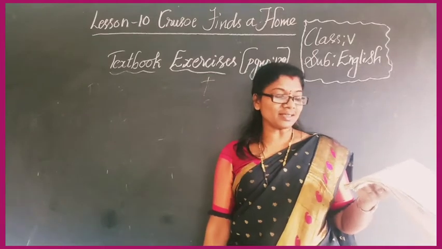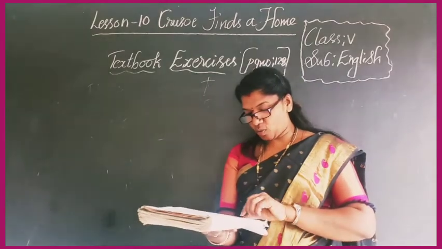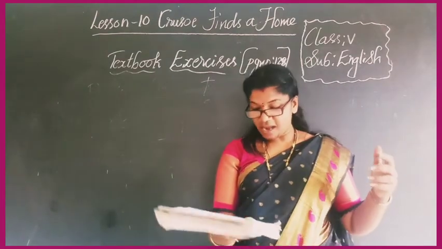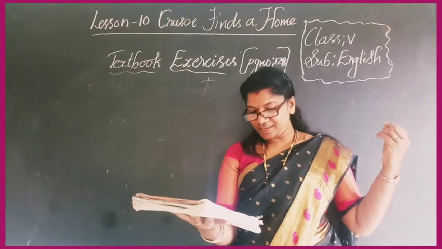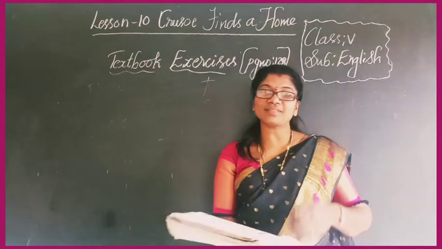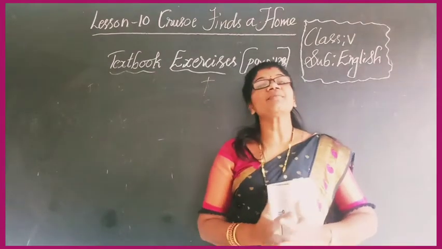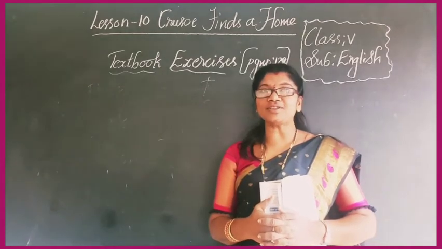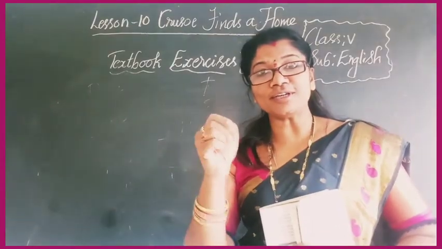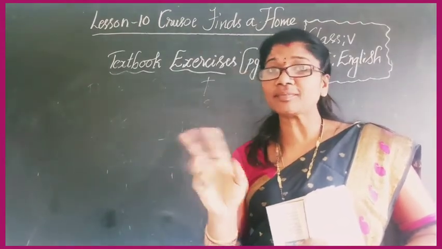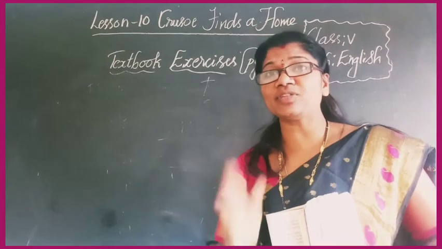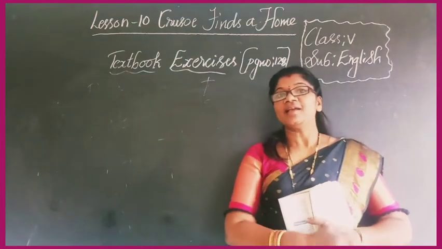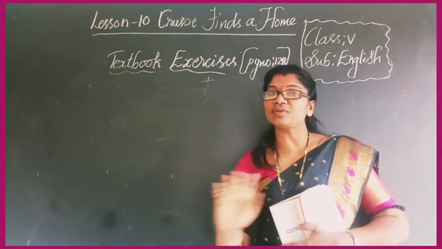And we decided to leave after the rains were over. Then you can start with after as the beginning conjunction: after the rains were over, we decided to leave. Got it? It's very simple, right? You can use conjunctions in the beginning of the sentence or in the middle of the sentence. If you use a conjunction in the beginning of the sentence, you need to put a comma between the two sentences or phrases. If you use the conjunction in the middle of the sentence, there is no need to use any comma.